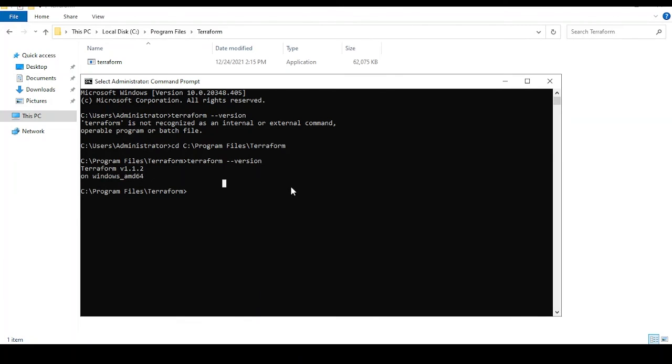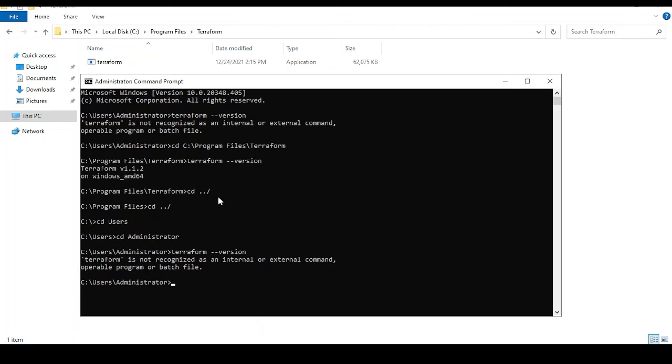So guys, in Windows, if I again go and check, if I go to the previous directory, cd user, cd administrator, and again do terraform, it will not work.